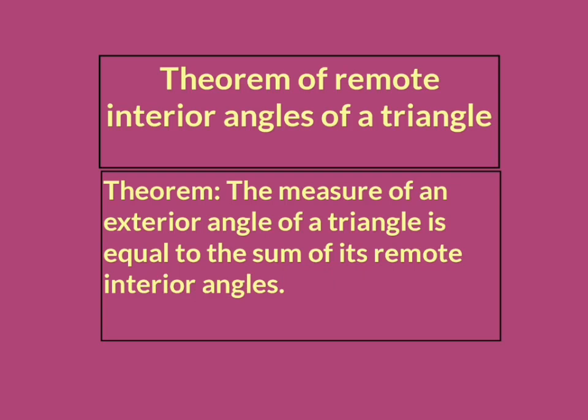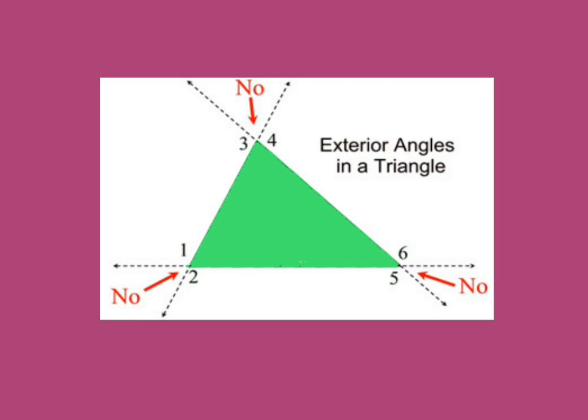move towards this theorem. Now here is one triangle which is shown by using green color, and there are various angles which are shown by using numbers, that is 1, 2, 3, 4, 5 and 6. Now these angles which are shown by using numbers are nothing but exterior angles of that triangle. Means there are total 6 exterior angles of one triangle. See it again, 1, 2, 3, 4, 5 and 6. These are 6 exterior angles.